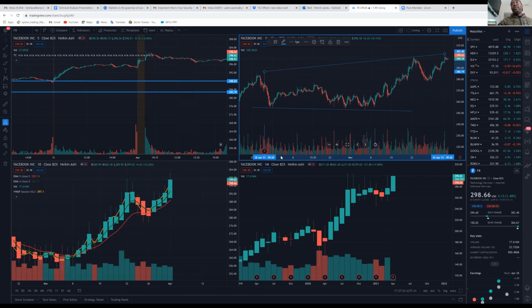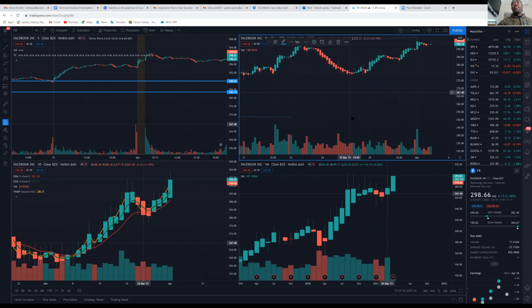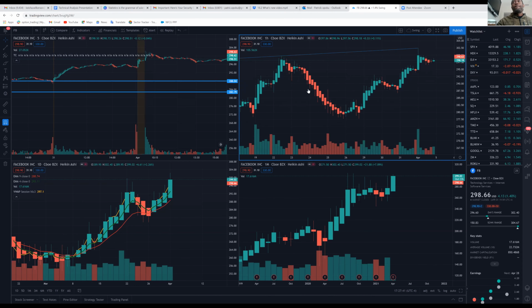Now, if you expand it here, let's expand it some more. Once it touched it here, guess what happened? This is a 3 bar. And when it touches, it touches so perfectly. This wick right here touched that line, and that's a 3 bar. Then you got an exhaustion risk right here. So now you got a 3-1, 2 down. Then you got another 2 down. So now you got a little consolidation right here. They'll call it mother bar problems. So it's consolidating right here. But then guess what? Now you have,